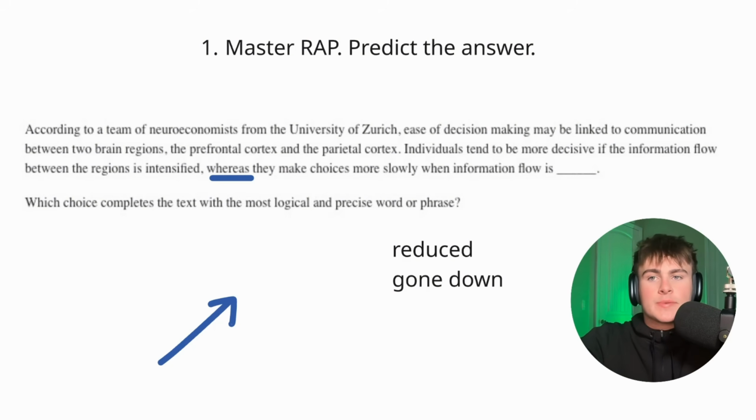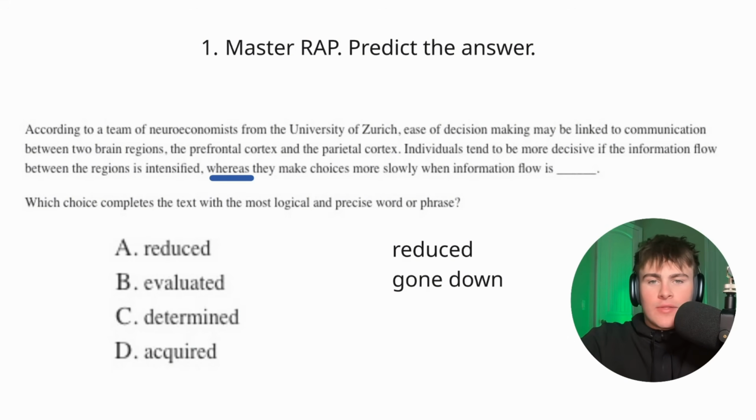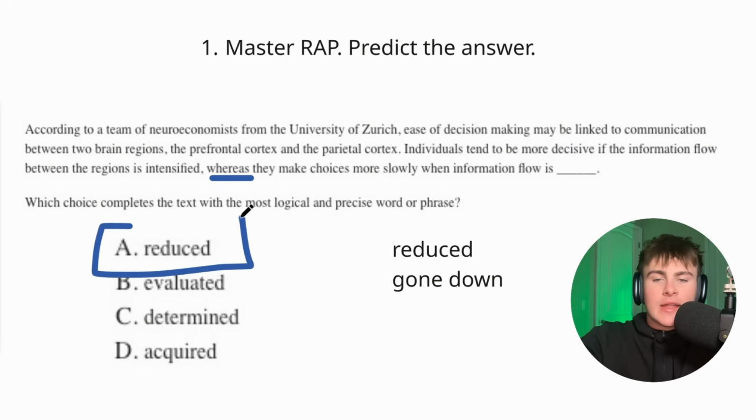Great. So let me get the options. Okay, you might think I looked at the answer beforehand. I promise I didn't. I just grabbed this from the question bank. The answer is obviously A, because I predicted it. This is not going to happen every time. You're not going to predict the word every single time, but if it's a pretty simple question like this, you might, because the words are pretty easy. So reduce is a pretty easy prediction here. It's not really that crazy.